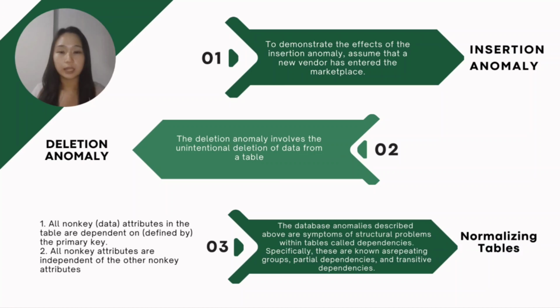First, the non-key attributes in the table are dependent on the primary key. And second, all non-key attributes are independent of the other non-key attributes. In other words, a 3NF table is one in which the primary key of the table wholly and uniquely defines each attribute in the table. Furthermore, none of the table attributes is defined by an attribute other than the primary key. If any attributes violate this condition, they need to be removed and placed in a separate table assigned an appropriate